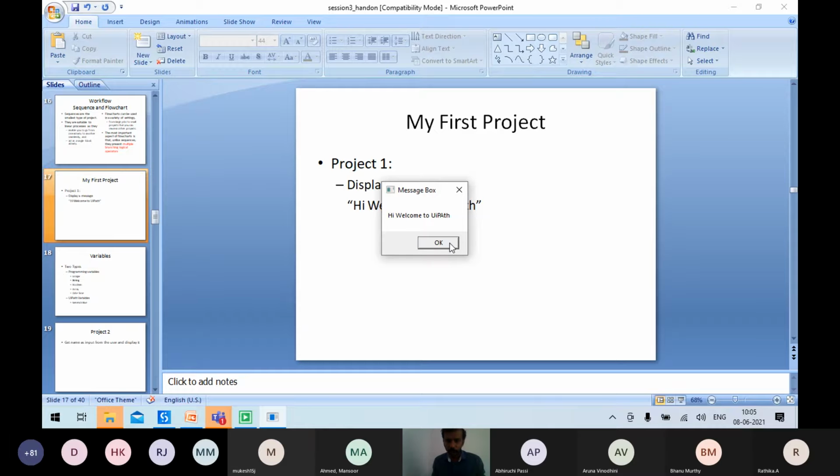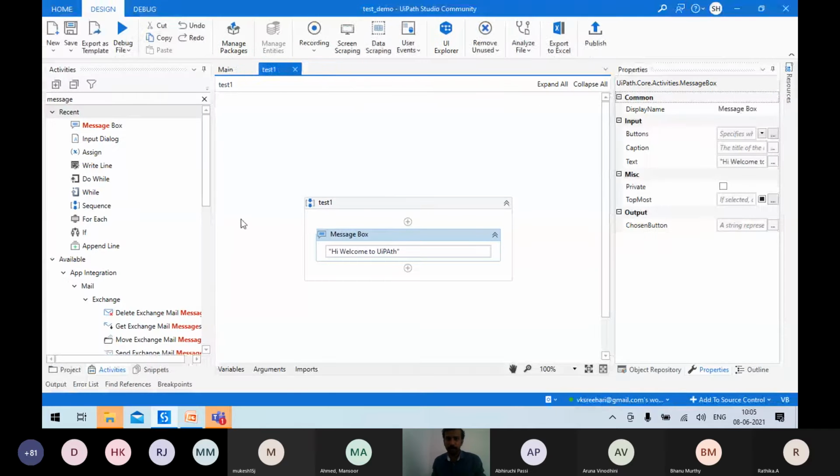Once you click on OK, the Studio will pop up again. So your window will come back. This is your first project. This is your code, as we said already, there is nothing to code. Normally, in any programming language, the first program they study is Hello World or something like that.